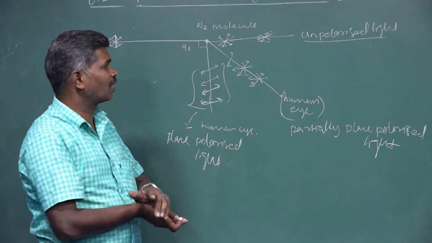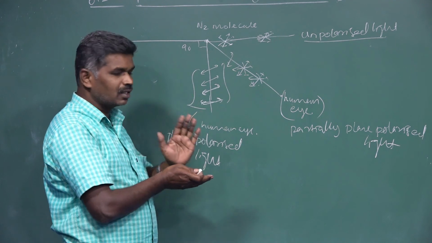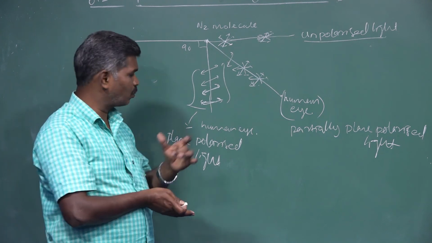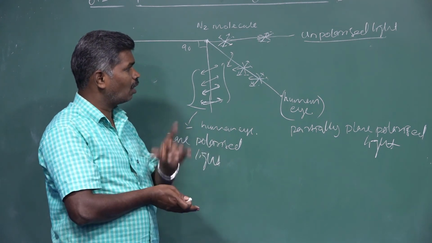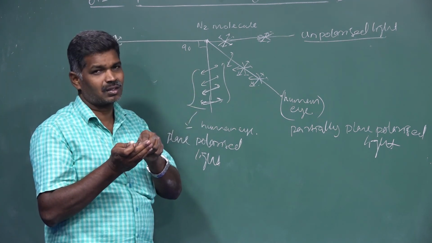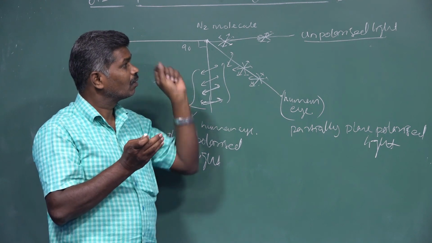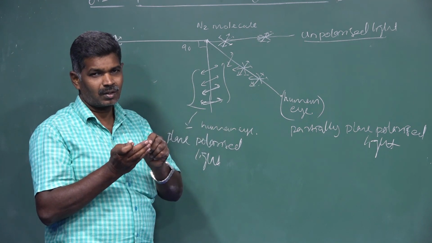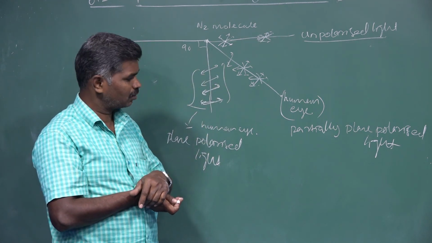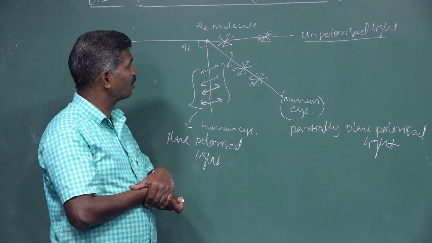So in the scattering method, the scattered light is plane polarized only in the right angle direction to the direction of incidence. The incident unpolarized light interacts with the electrons in our molecules. The electrons vibrate both parallel and perpendicular to the incident direction. The perpendicular vibrations are emitted with only one direction of vibration. That is how plane polarized light is produced in the scattering method.